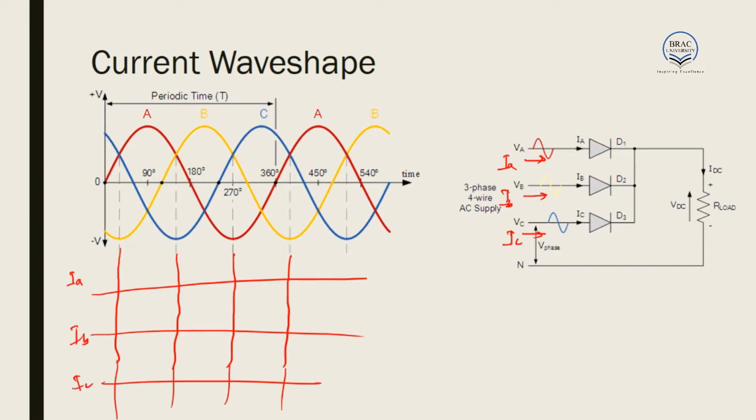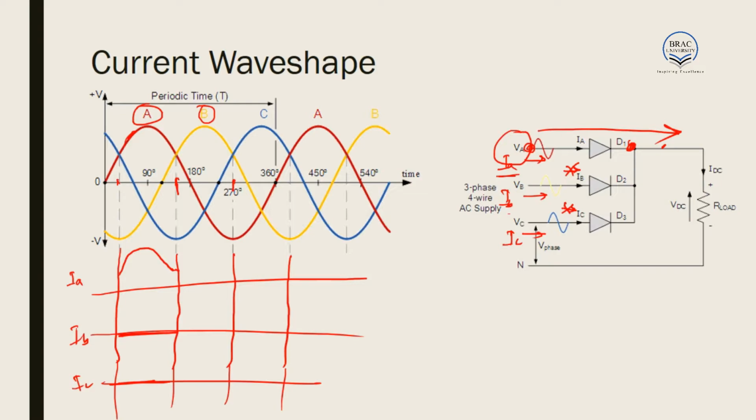Now from 30 degrees to 150 degrees, we see that the output voltage is equal to the voltage of phase A. That is, the current is flowing in this direction and no current flows in the other directions. As a result, during this entire time only current flows through IA, and no current flows through IB or IC. So a current like this will flow through IA, IB will be 0, IC will be 0. From 150 degrees to 270 degrees, the output voltage is